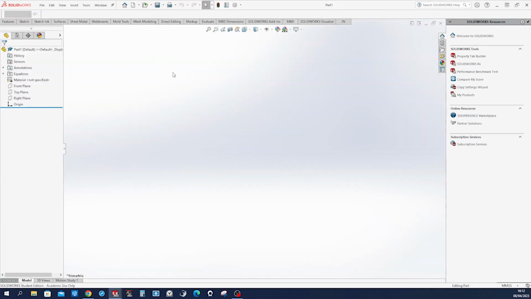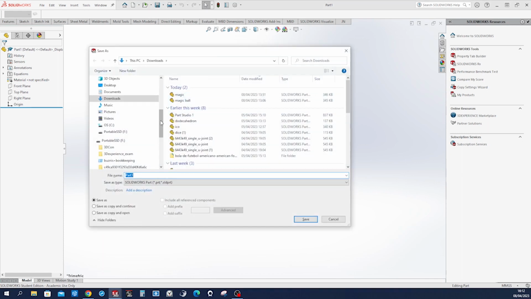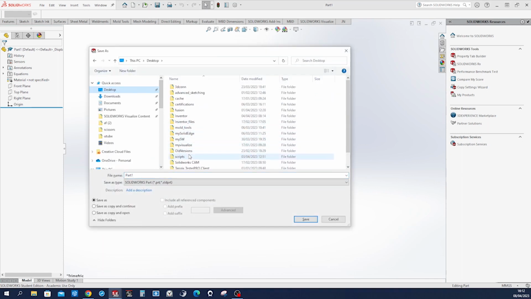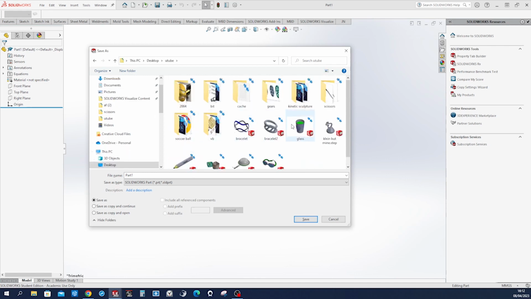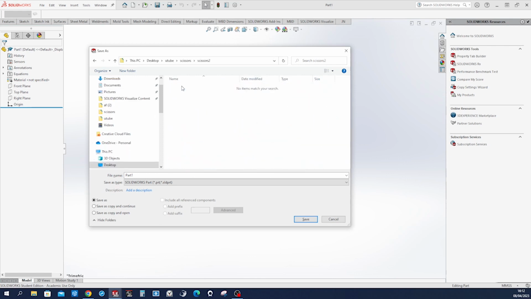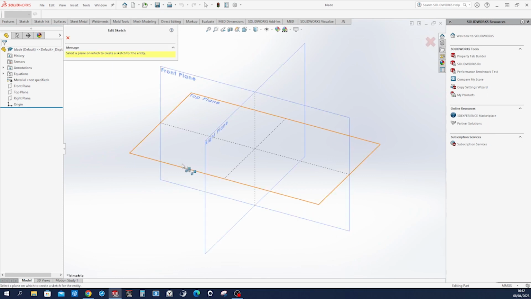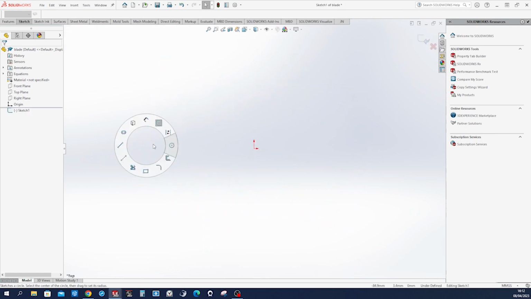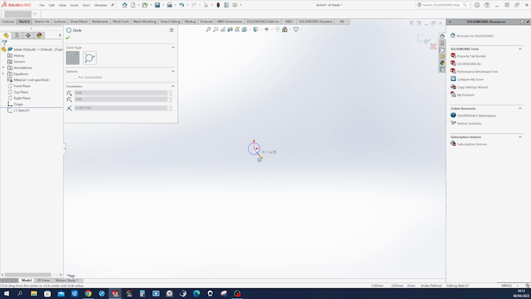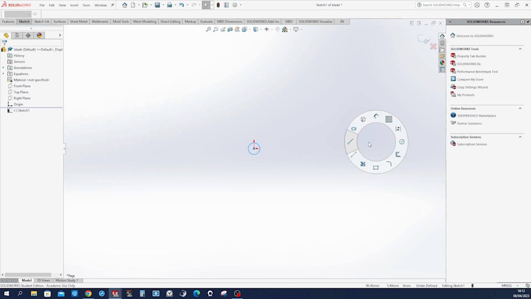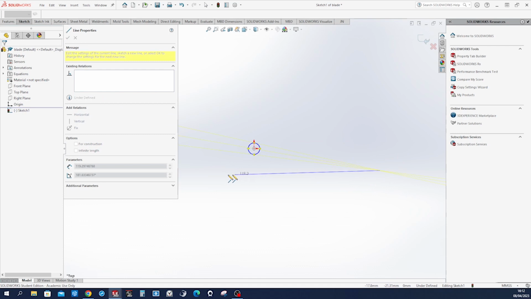I'll open a new part file, store that in my scissors folder, blade is the name of that, and start with a sketch on the top plane, some circle, then a line over here,